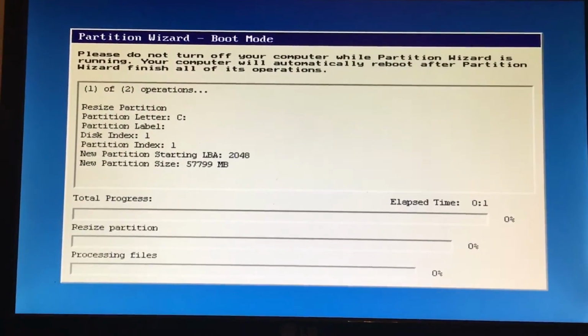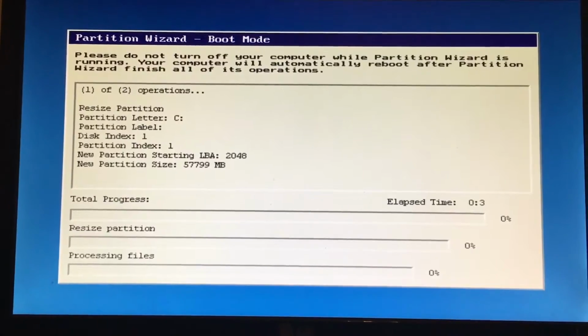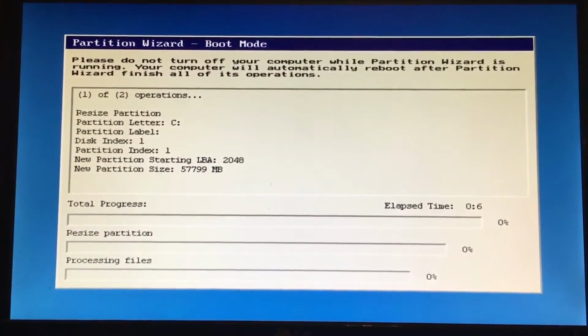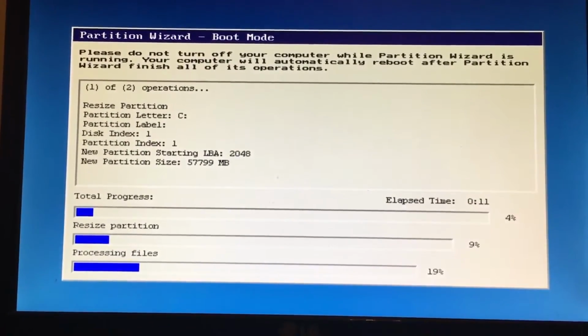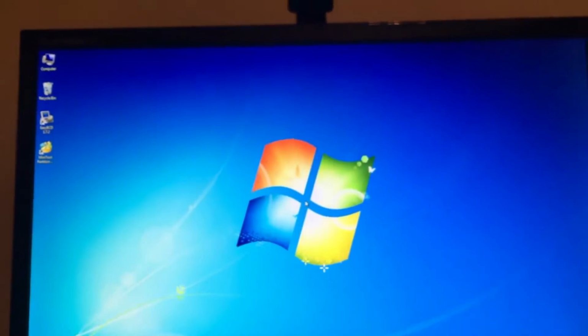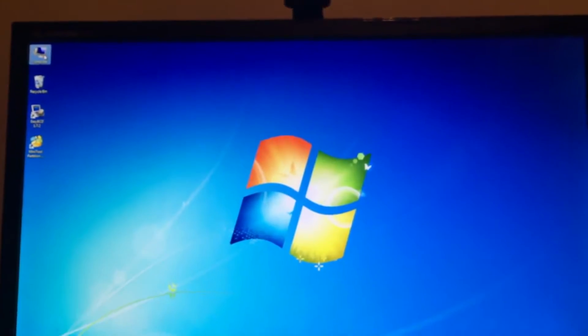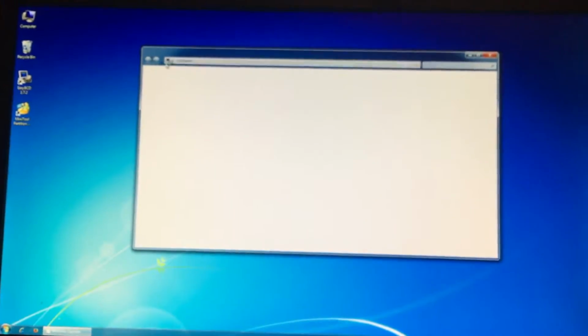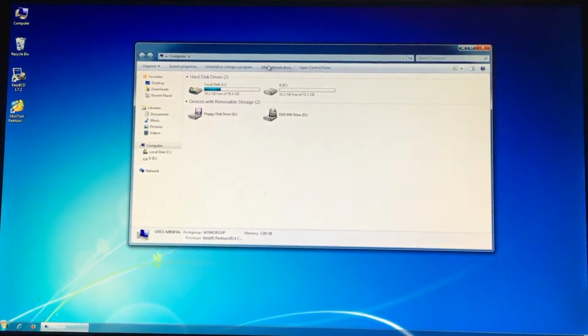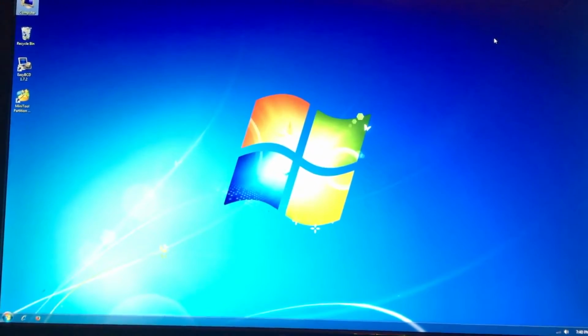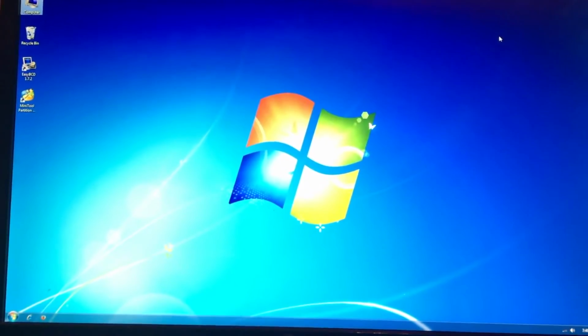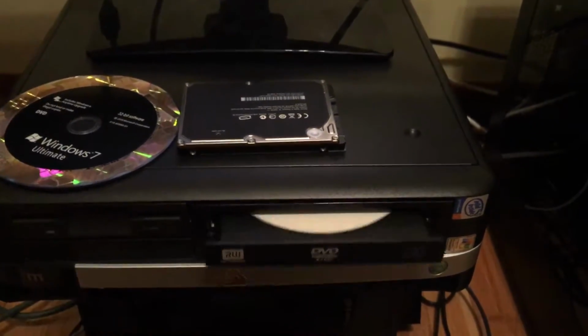Once this is completely finished, it will restart, and then the program will verify the partition really quick and then boot into Windows. Now that we are booted back into Windows, we can verify that our partition is on the computer, which is right here. And now we can boot into the Windows 7 install disk to transfer the install.wim files into the secondary partition. We'll want to eject our drive,